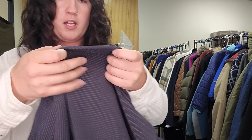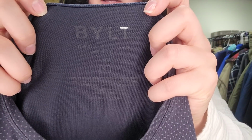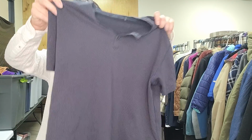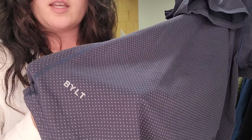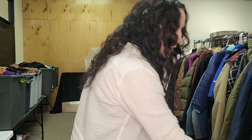Here's some more bread and butter. This is going to be kind of hard for you guys to see. I came across a lot of these. It's Built, BYLT. This is their drop cut luxe shirt, and this is a Henley. And they feel really high quality. They feel like a really nice athletic material. And here's the logo. I'm always able to flip these for 20 to 25 bucks. So I got this one,